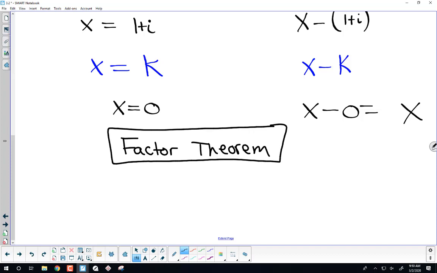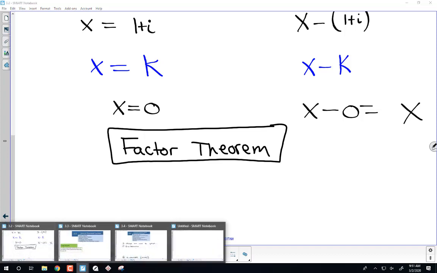But this is pretty much the end of 3.2. Does anyone have any other questions about 3.2? Okay, so then in 3.3 we get a couple more